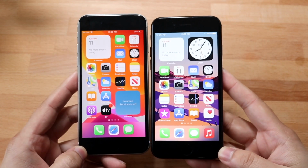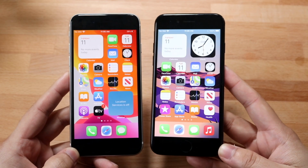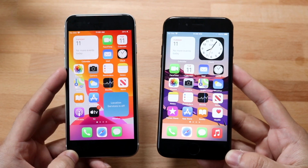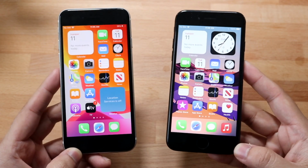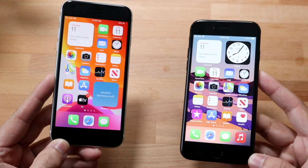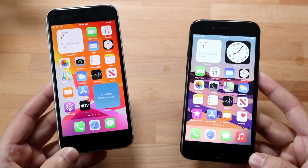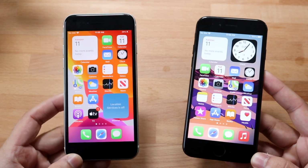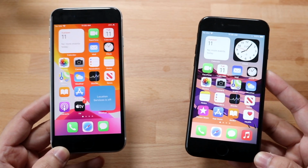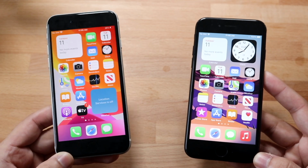Now, side by side, you can actually see that both of these phones are very similar to one another. They have essentially the same type of display, same bezels, same fingerprint sensors, essentially the same thing. The iPhone SE 2's panel, though, is definitely better. You have True Tone, and it just looks better and sharper overall. I think it obviously feels better in the hand as well, but that is one of the bigger advantages of the SE 2 over the iPhone 7, is that it looks better a little bit because of the panel, in